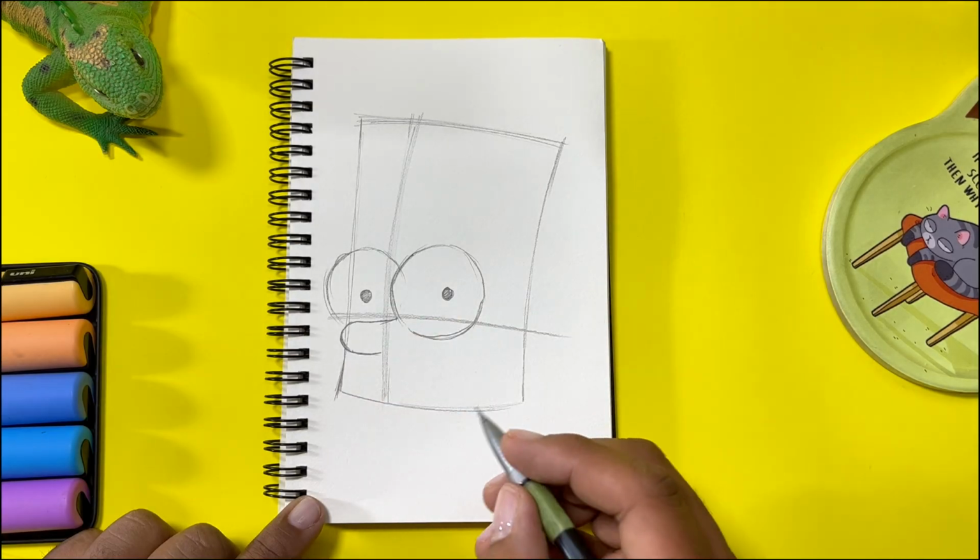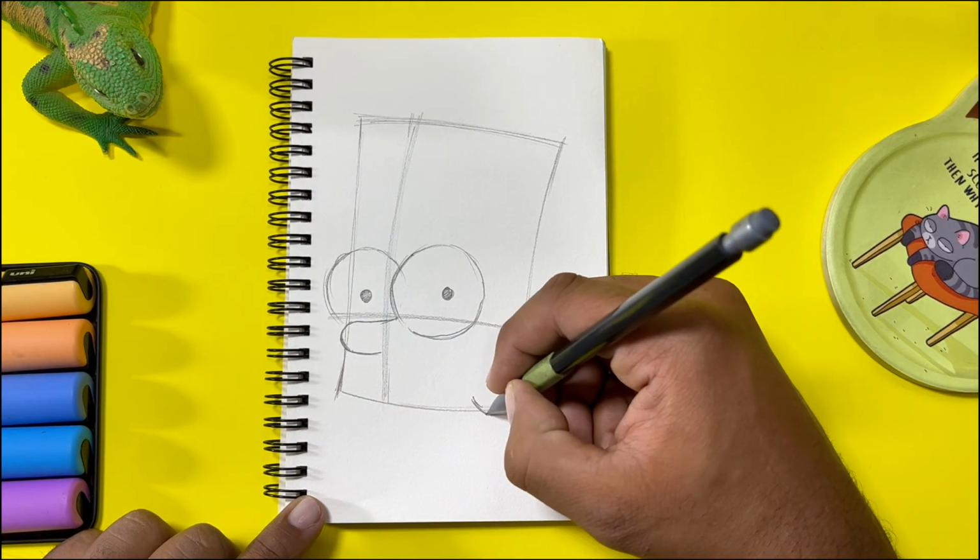In this drawing, Bart is going to have a big smile because, well, he's always up to something fun or